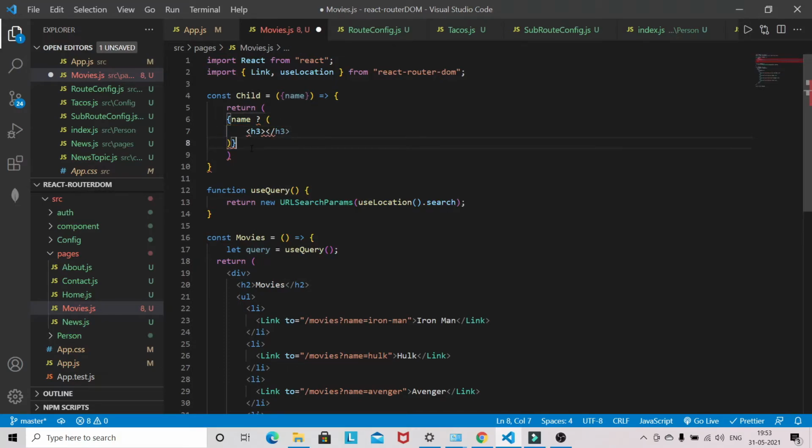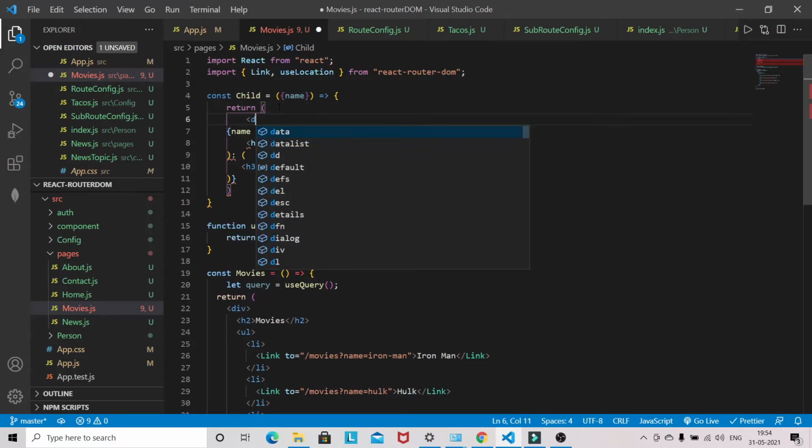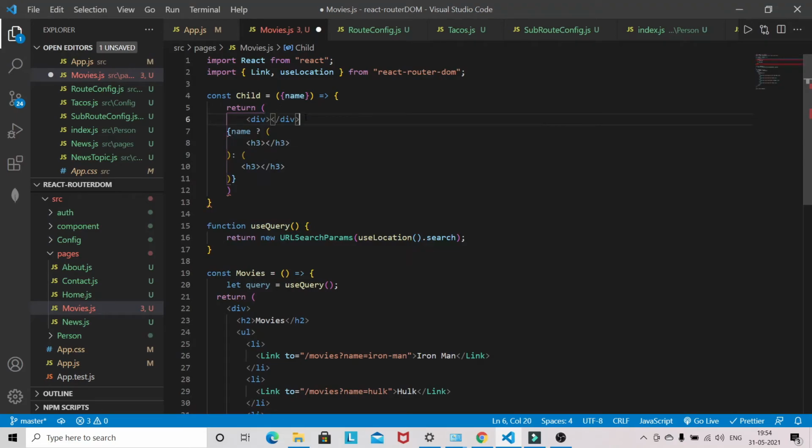Okay, and here, what is the problem here? Here also you'll have an h3. So what is the problem here? Here we don't have a div actually, that's why we are getting the issue.